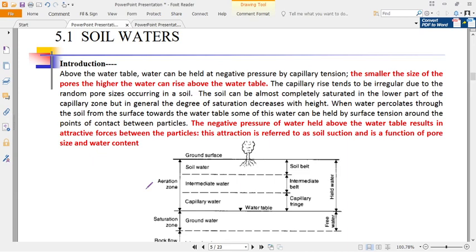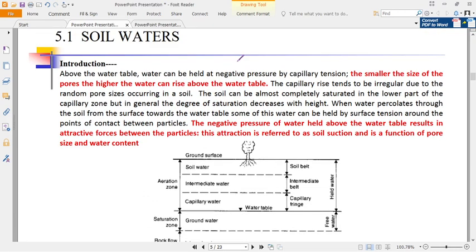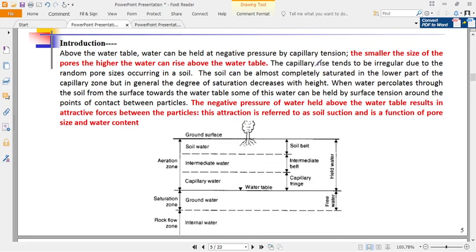So we're saying, introduction: above the water table, the water can be held at negative pressure by capillary tension. So for instance, if this is the water table, and this is a fine-grained soil, remember for capillarity, if you remember our experiment which we used to do in our lower classes,